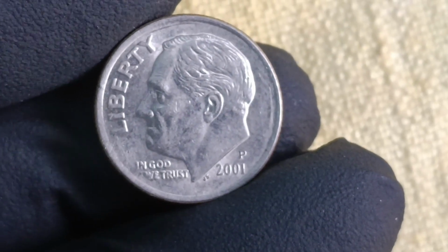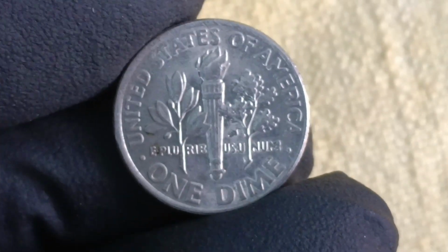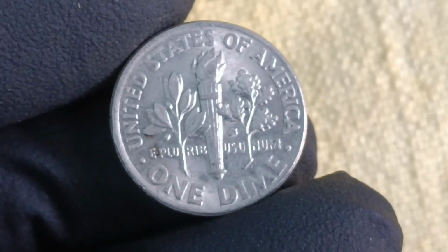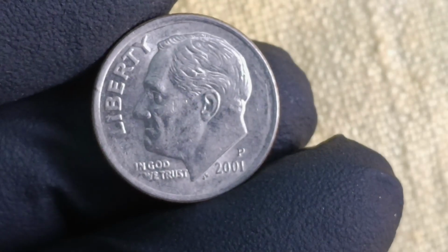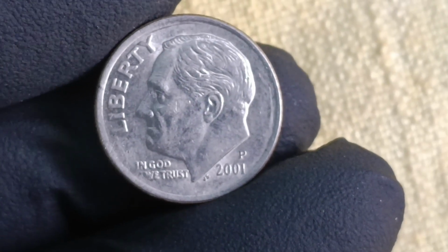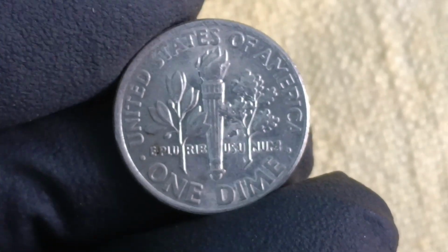The real secret of coin collecting is patience. Spending hours sorting rolls that yield nothing builds the instinct to spot the one that matters. When you finally see it, something in your gut knows before your brain catches up. That's what the discoverer of the 2001p dime described, a flicker of intuition before comprehension, that flash of recognition that